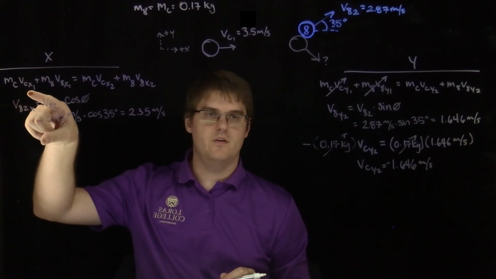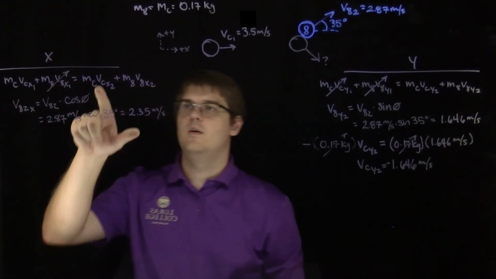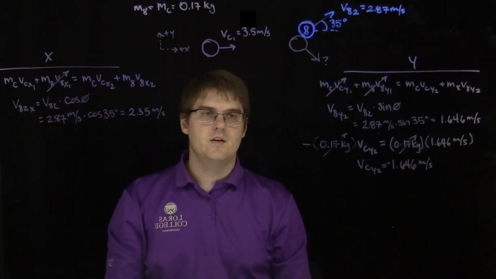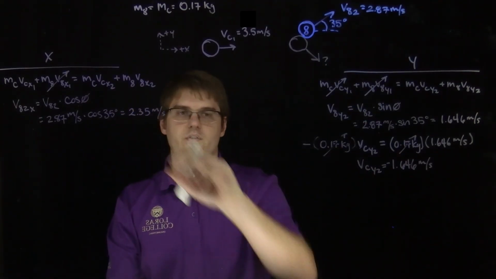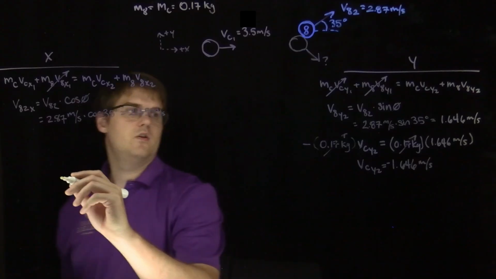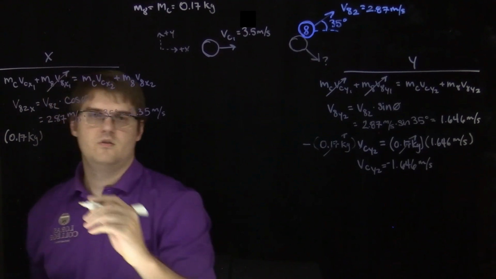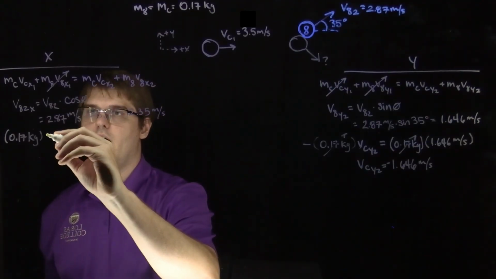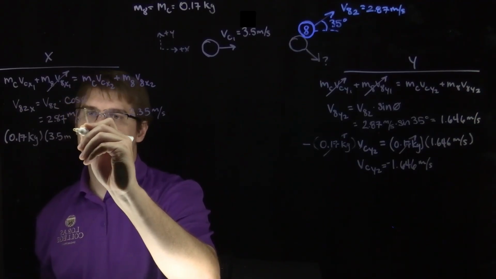I do have a mass of the cue ball and a velocity of the cue ball in the x at 1. My 8-ball is not moving at time 1. Well, I want to know how far in the x my cue ball is moving at the end. And I have the mass of my 8-ball and a velocity of the 8-ball in the x at 2. So starting to plug that in, mass of my cue ball is 0.17 kilograms. You may have already noticed that that's going to cancel out nicely for me, but we're not there yet. The velocity of my cue ball in the x is 3.5 meters per second,